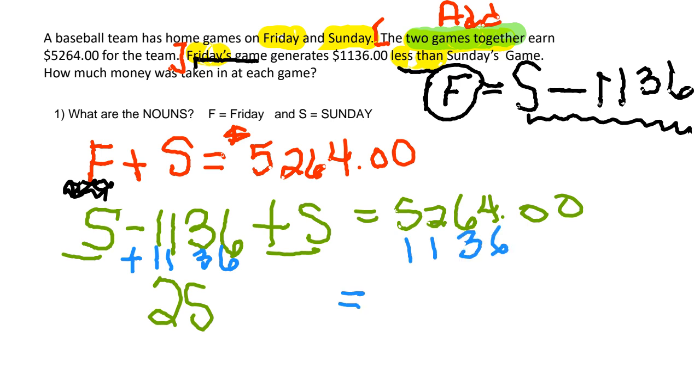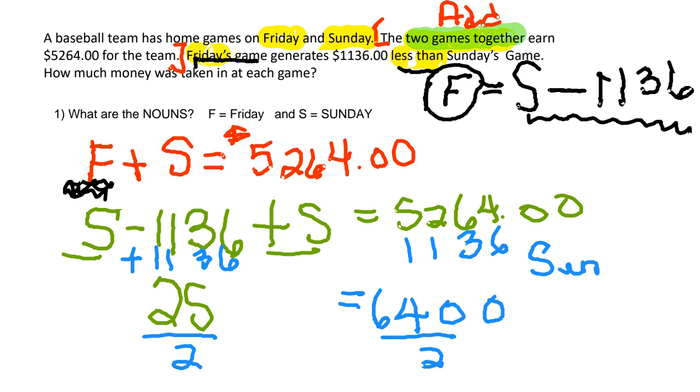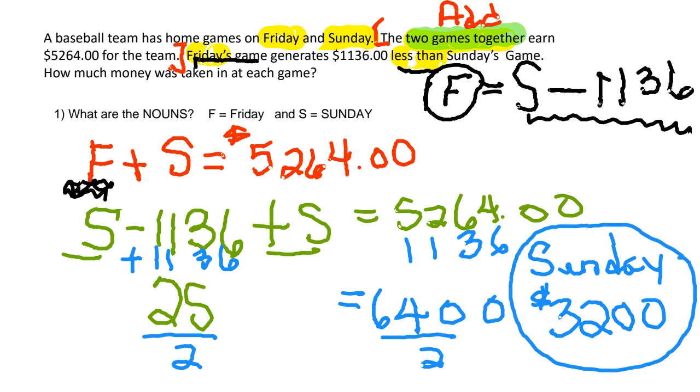10,46 divided by 2. Now S is Sunday's gain, which is $3,220. That's how much is earned for Sunday. But how do we find Friday? You return home. Where this S is,